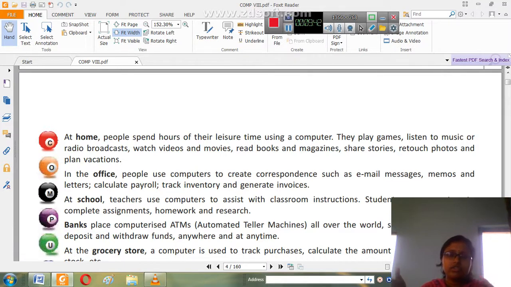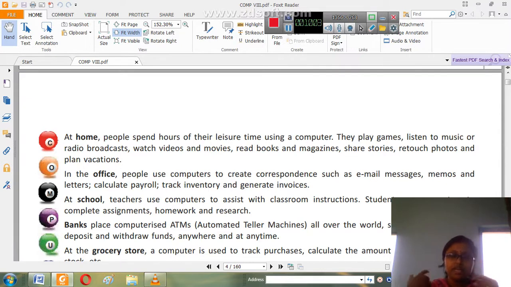Yes, nowadays we can do online transfer of money, but that is digital cash. That money you cannot have in your hand. So to get some hard cash, you have to go to the ATM. So this is very important. Anytime, anywhere you can go and withdraw your money, or deposit your money depending upon what you want to do.